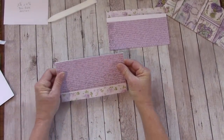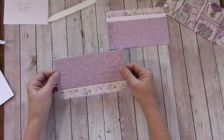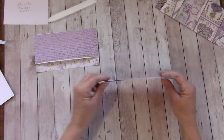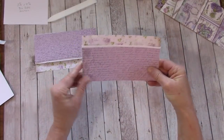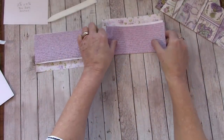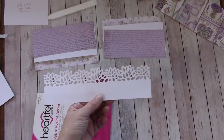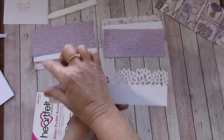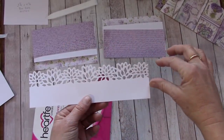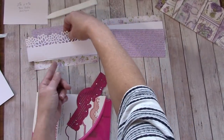So if you are not die cutting or paper punching, what you can do is glue yours down, and you will have a white lip. When doing this, I wanted to make sure that everybody has a good looking trim. So if you're not die cutting, you'll have a nice white clean trim. But if you're die cutting or paper punching, we're not going to glue ours down just yet. If you are using paper punches, go ahead and grab a piece of cardstock from your reserves and punch across the long side, making sure you are wide enough and able to